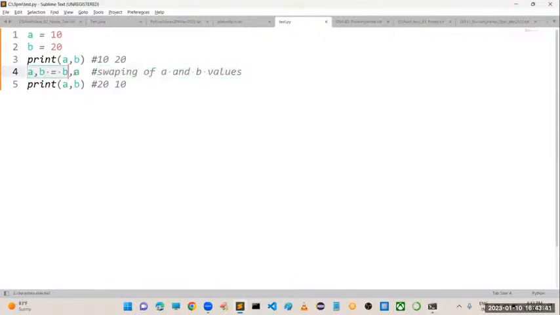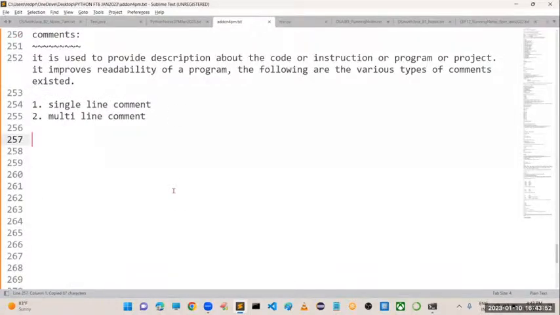What this line is going to do, I am going to provide in the form of a comment. These are called comments. It is nothing but a single line comment. So what is meant by a single line comment? It begins with hash, and here I will add the point.